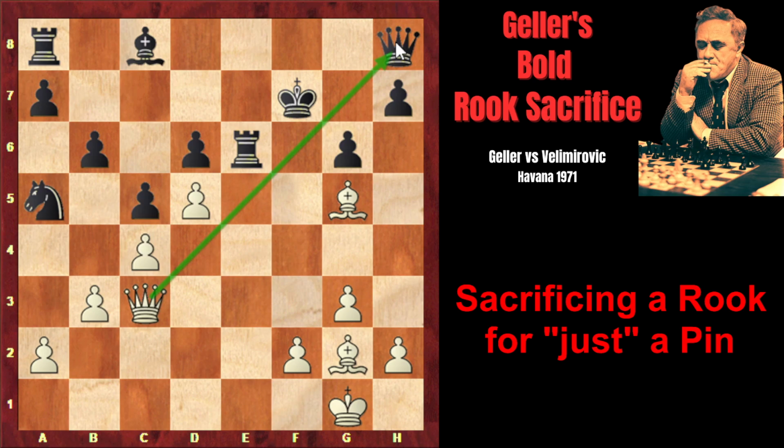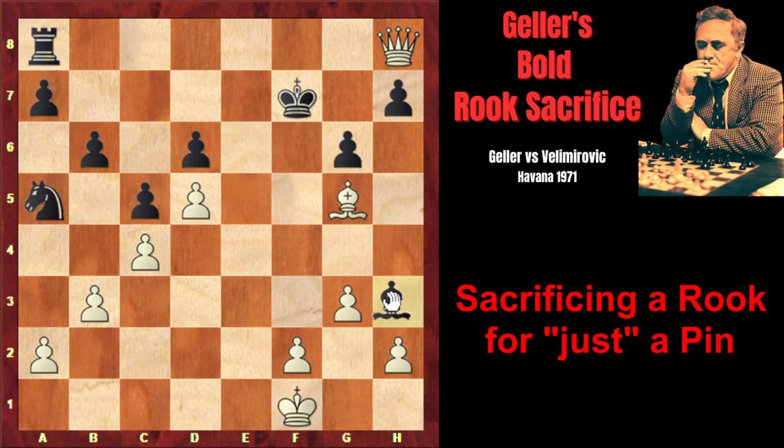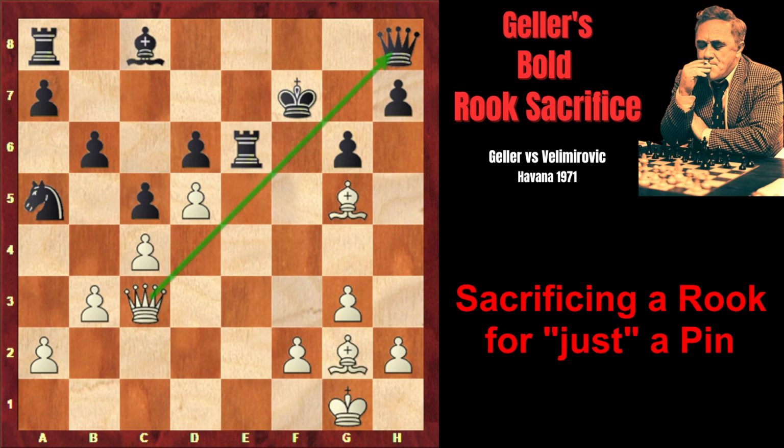queen unguarded. However, it turns out that white cannot capture the queen, because after queen takes h8, simply rook e1 check, bishop f1, rook takes f1 check, king takes f1, and bishop h3 check with the discovered attack on the queen. However, in this position, after rook takes e6, of course, instead of queen takes h8, white captures the rook